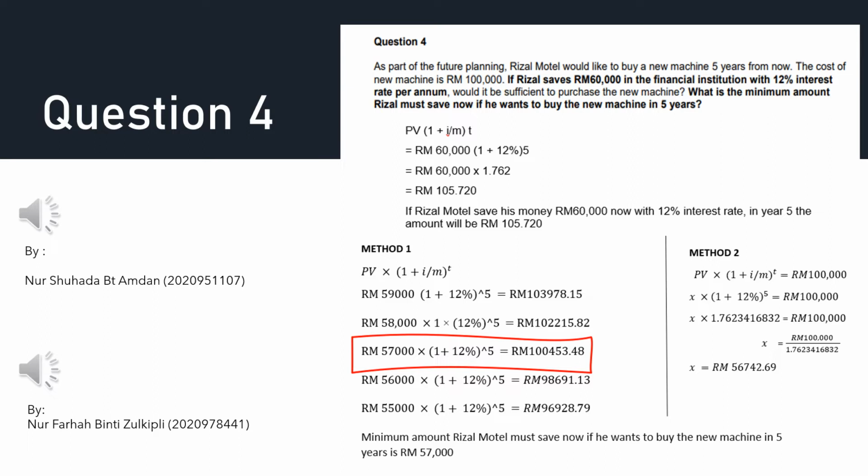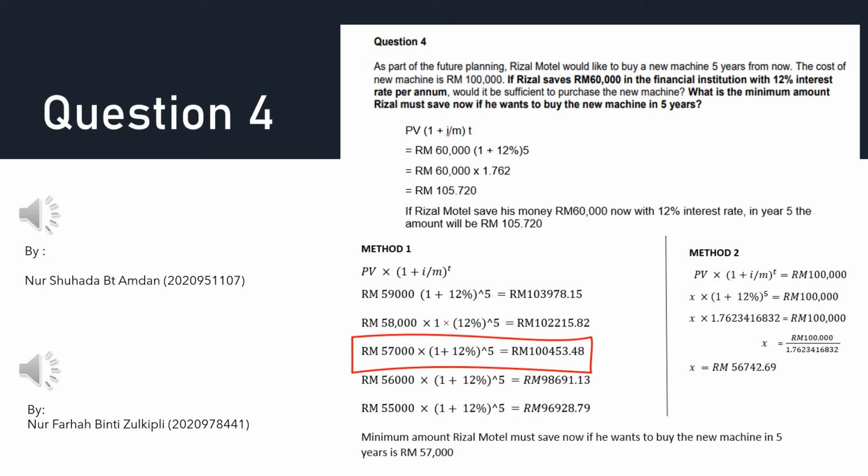There are two methods to find the minimum amount that Rizal must save to buy a new machine. For the first method, we use PV times in bracket 1 plus I divided by M, to the power of T. The range that I use is between 55,000 ringgit and 59,000 ringgit. It's a minimum amount close to 60,000 ringgit. It shows that 57,000 ringgit is the minimum amount close to